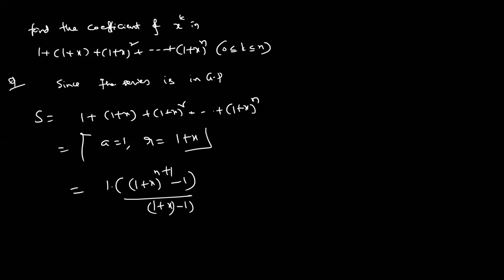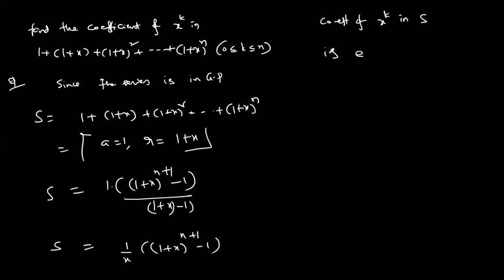(1 plus x) minus 1, that is r minus 1. Now simplify, what is the result coming? 1 by x into (1 plus x) whole power n plus 1 minus 1 is S. Now, what are they asking? Coefficient of x power k in S. See carefully what is given. We are finding the coefficient of x power k, but already 1 by x is there, so here it is the coefficient of x power k plus 1 in